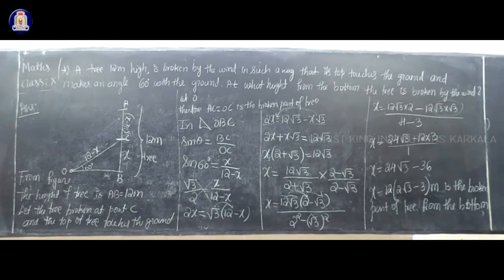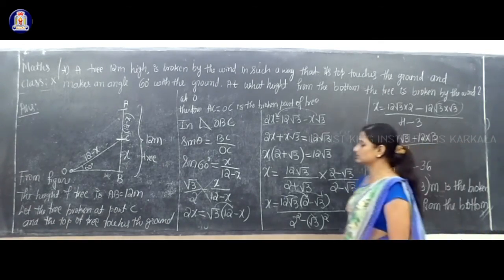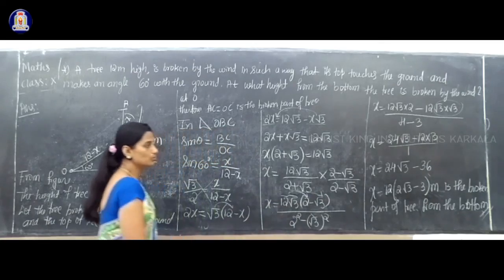It is the broken part of the tree from the bottom of the tree. So this is your broken part. x is equal to 12 into 2 root 3 minus